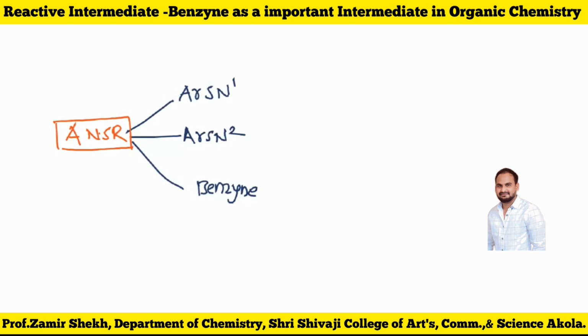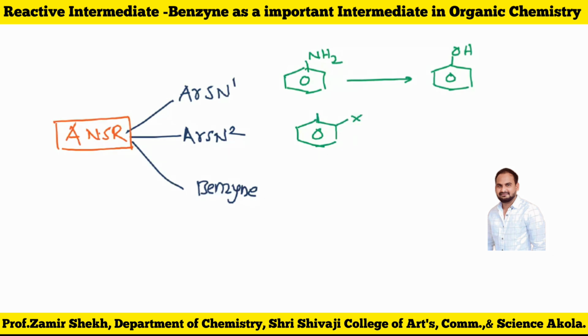Okay, so in SNAr 1 what do we have to do now? We are going to use aniline, and on diazotization that will convert into the phenol. What is SNAr 2 now? SNAr 2 is a type of reaction where the leaving group should be connected, or adjacently there should be an electron withdrawing group. Then your incoming nucleophile is going to easily displace it. Just go back, you will find that type of reactions. This is a substitution reaction.